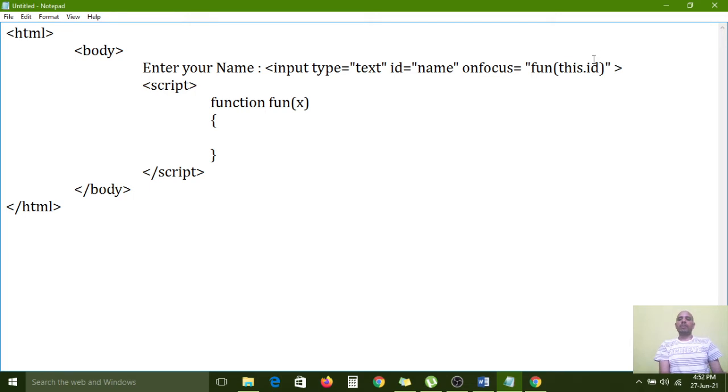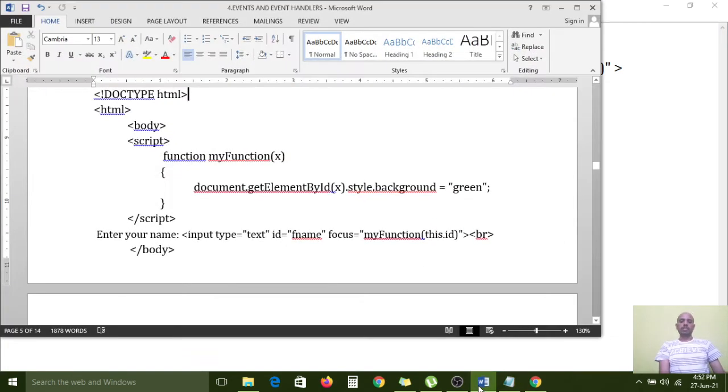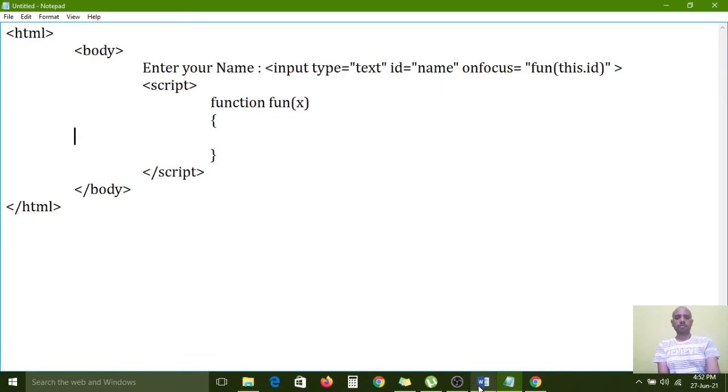So for receiving this argument, one variable is required, that's why I have declared the x variable, right? Now document.getElementById. Here the id is what? name. That id name we have to configure.